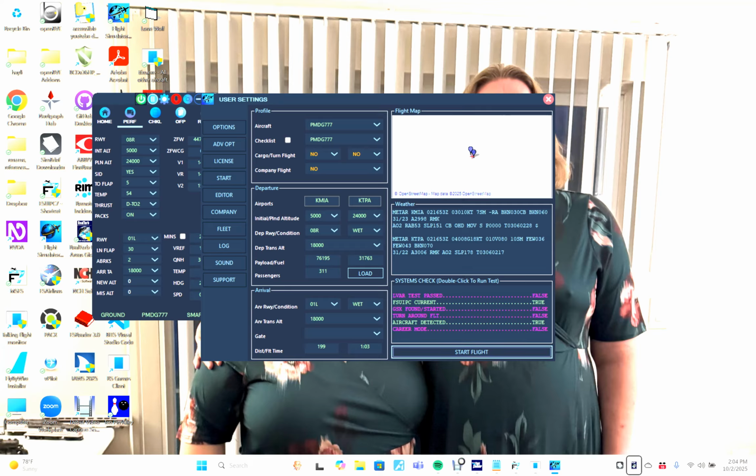Start flight button. Now shift tab until you hear User license button. Support button. Editor. Log button. Company button. Fleet button. Log button. Start button. Advanced option. Start button. Keep shift tabbing once this window opens until you hear User option, License button, Start flight button. And if you get lost,